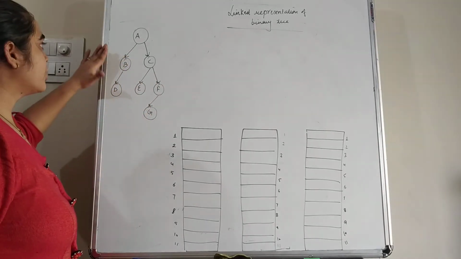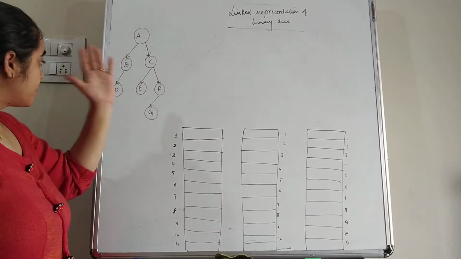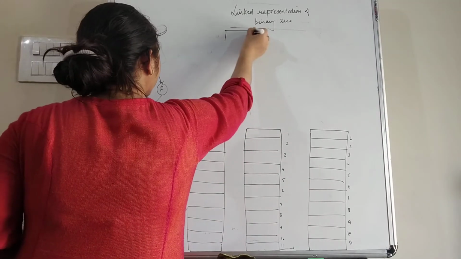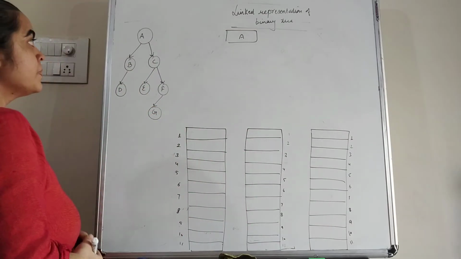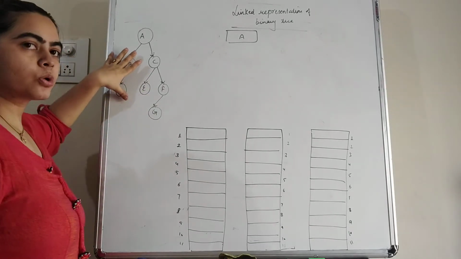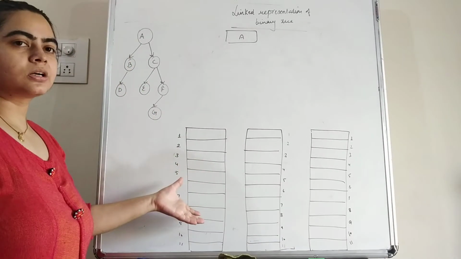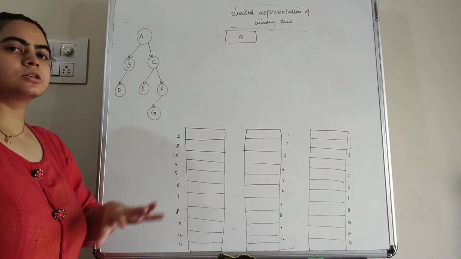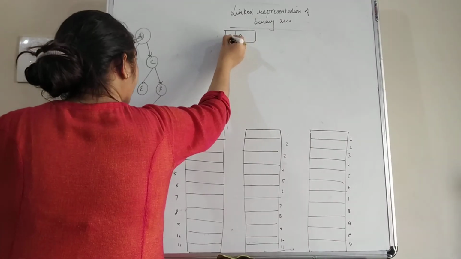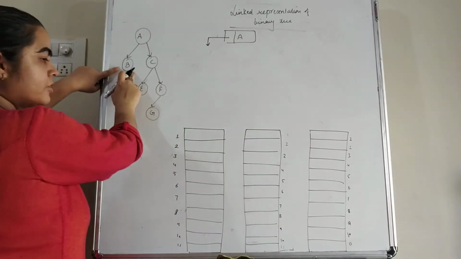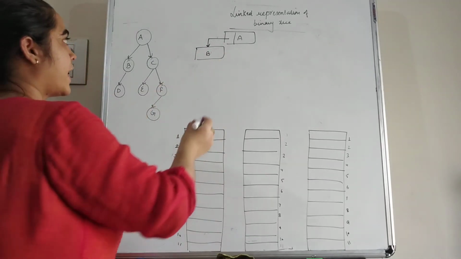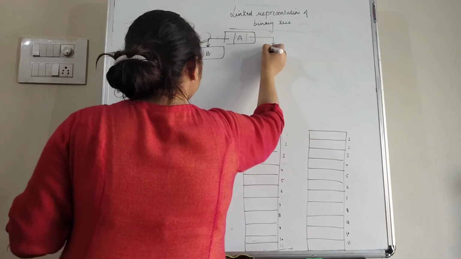So initially we have to represent this tree in the form of nodes. We have the root node, that is A, and A has a left as well as a right subtree. So the left subtree is located or stored at some memory location. Similarly, the C subtree is located or saved at some memory location. So from the left side there is a link to which node? To the B node. So here we have the B node, and on the right side there is a link to the C node.